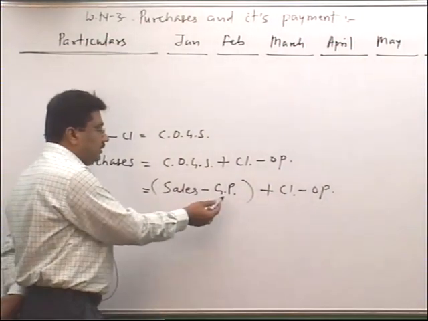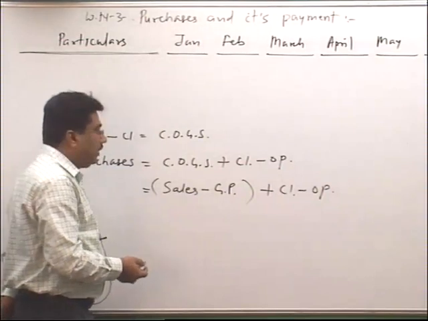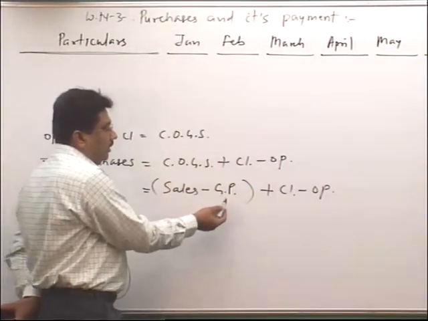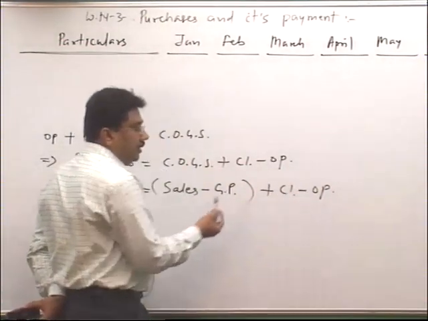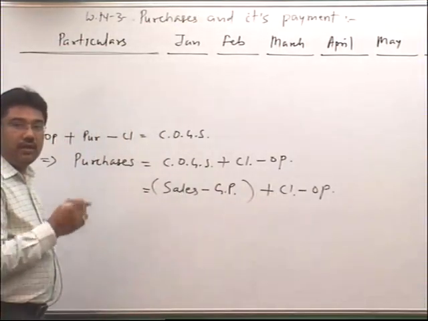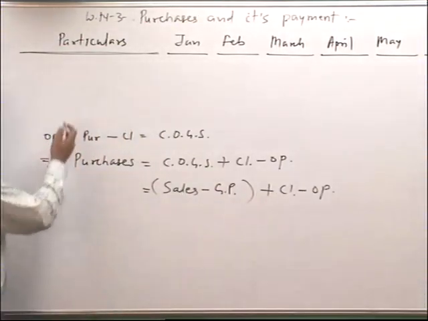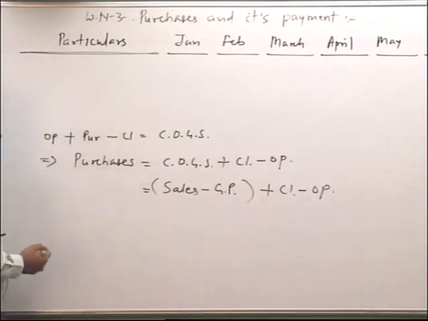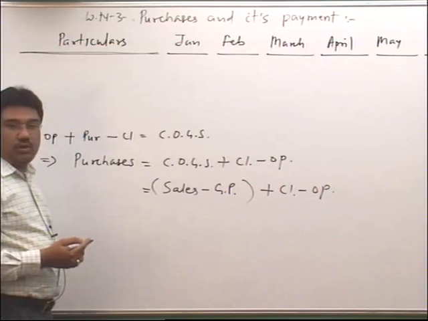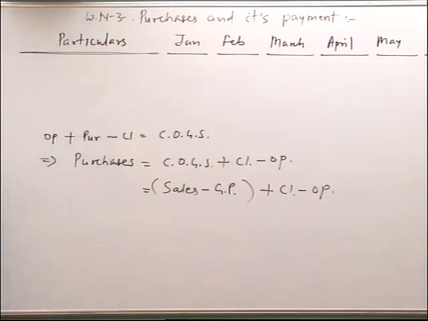From sales deduct the gross profit, it will give you cost of goods sold, and then add the closing stock and deduct the opening stock. It will give you purchase. So first of all we'll take sales, deduct gross profit, add closing stock and deduct opening stock. So please write down first sales,